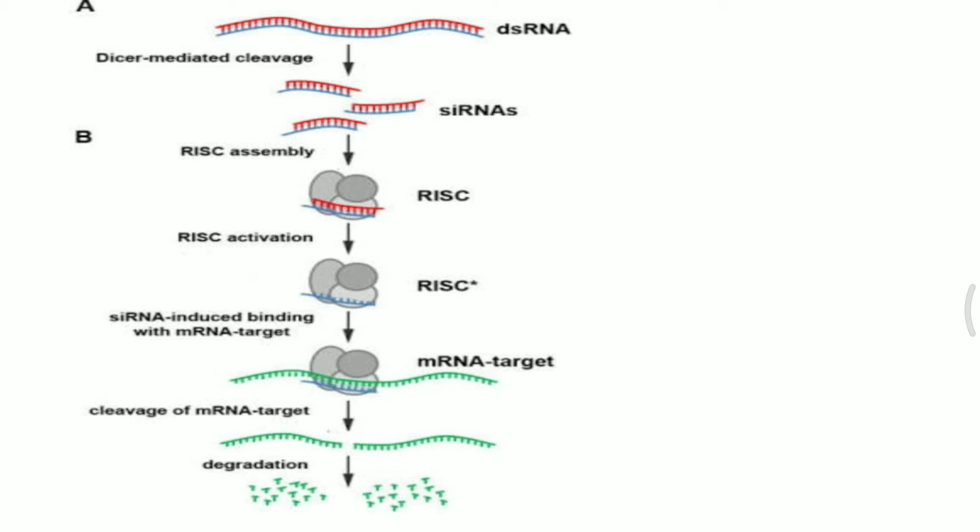There is one more technique by which we can knock down the gene effect, and it is done by miRNA. It is a little different from the siRNA. The structural difference is that as soon as this RISC activation complex is formed at this site, we see that there will be just this big mRNA formed, and the mRNA will itself have complementary pairing, and that's why it will fold onto itself, forming a hairpin-like structure.